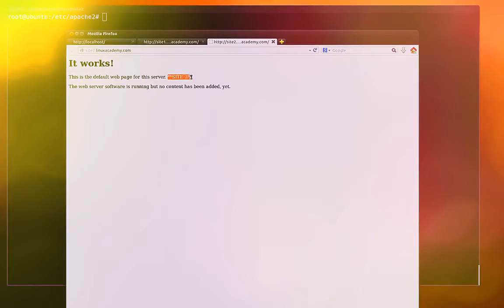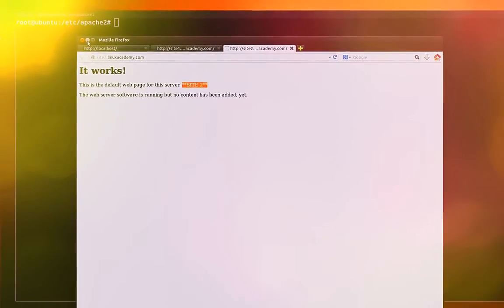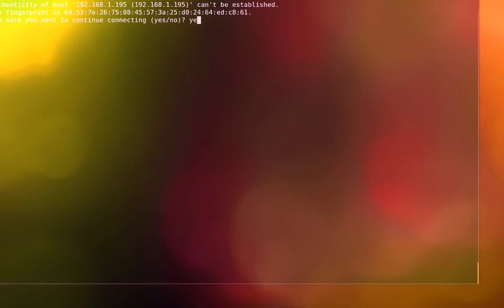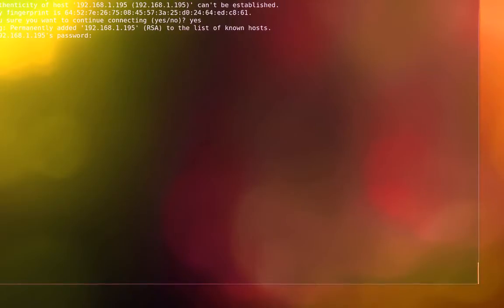So as we mentioned, there are some differences between Ubuntu and RPM-based distributions like CentOS. However, one of the main advantages is there are no differences inside the vhosts themselves. So if we go over to a previously spun up Linux Academy CentOS distribution and log in, switch over to root,